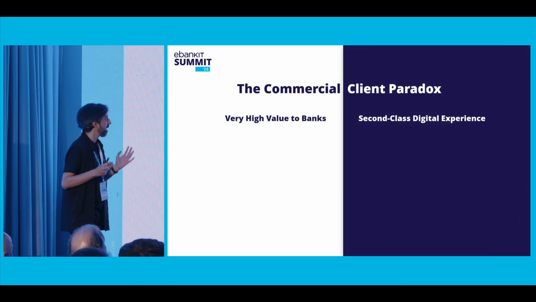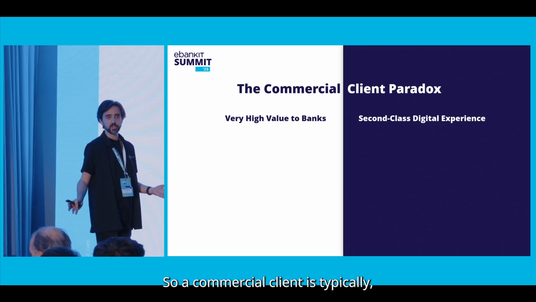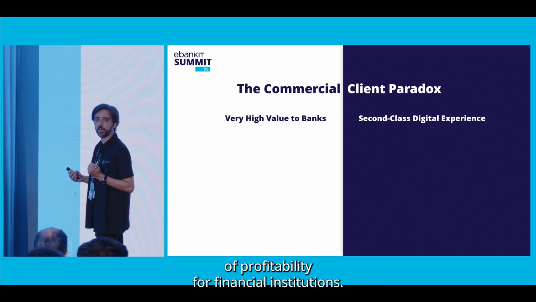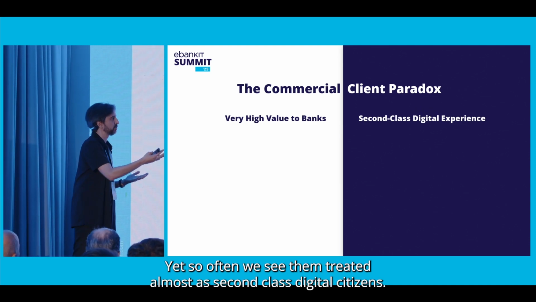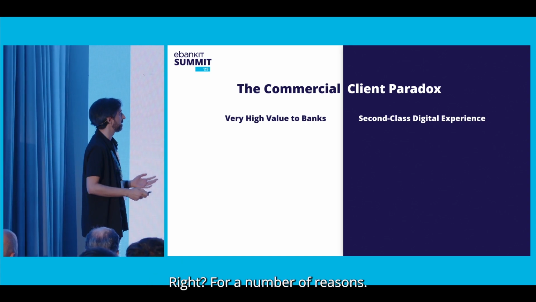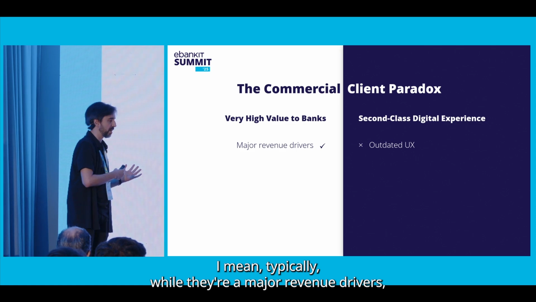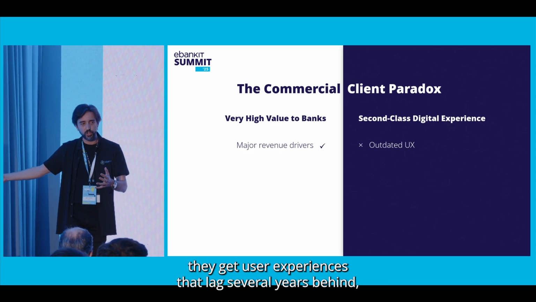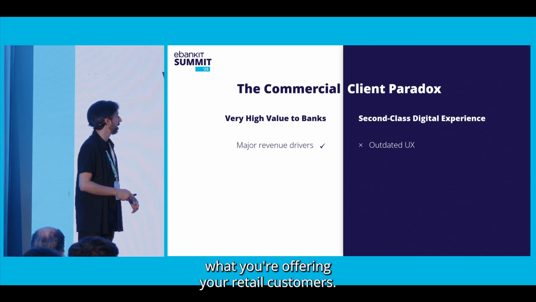So what do we mean by commercial client paradox? A commercial client is typically often the backbone of profitability for financial institutions. And yet, so often we see them treated almost as second-class digital citizens, right? For a number of reasons. While they're major revenue drivers, they get user experiences that lag several years behind what you're offering your retail customers.